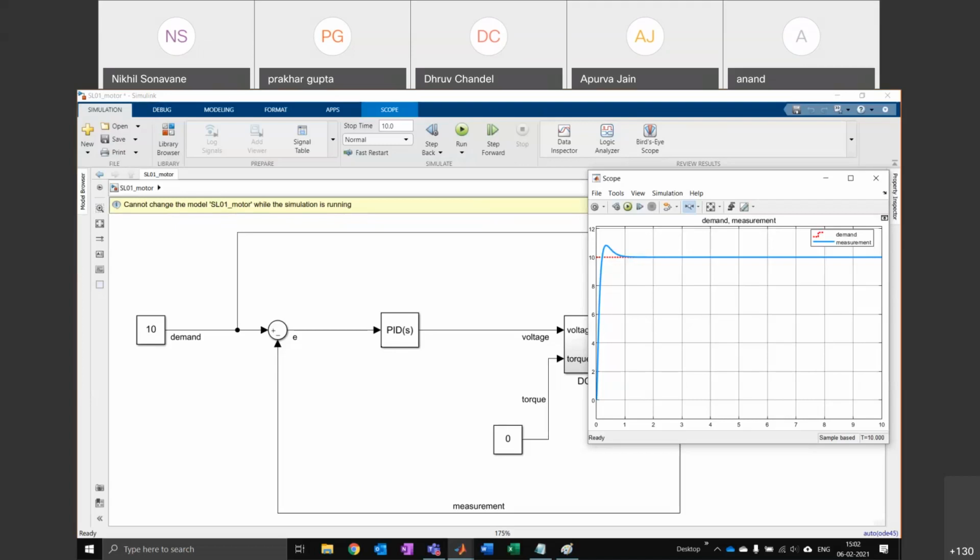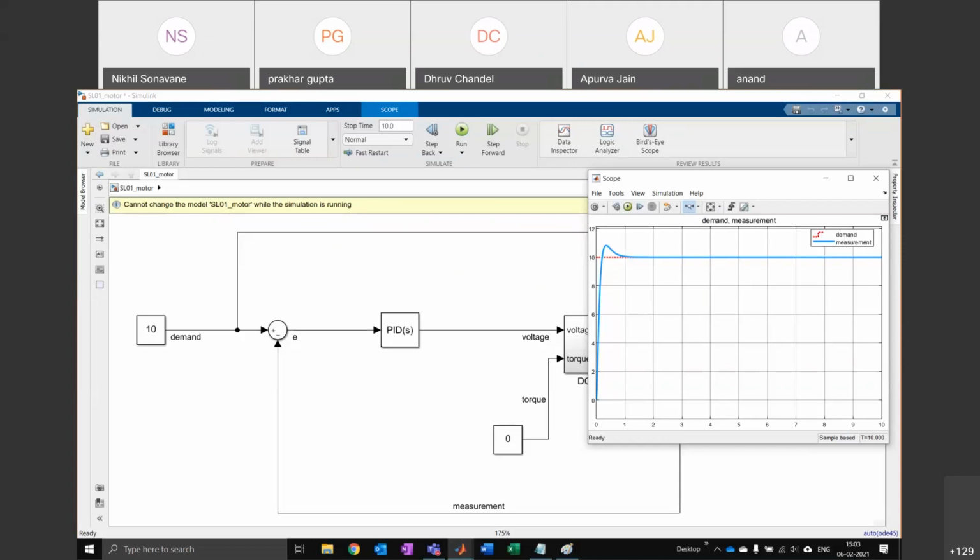You tune it yourself. That's the whole point of this. So you can open up the PID block, scroll down, and on the right hand side you have the tune button. You open that. That will automatically set the values, and then you press the green button and it should tune the controller automatically.